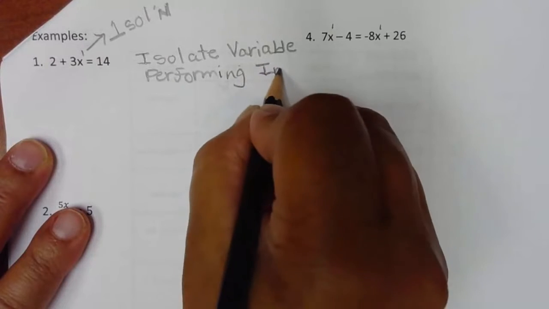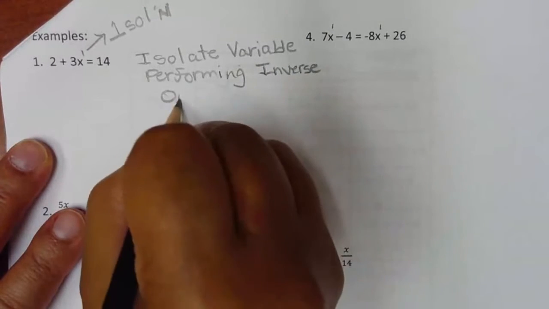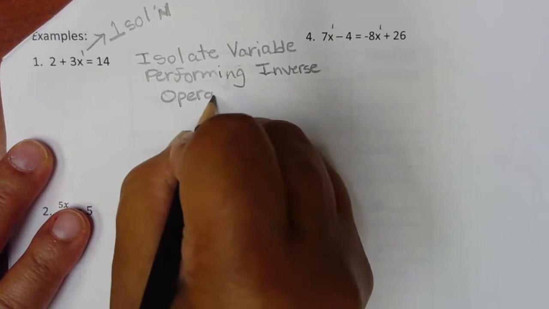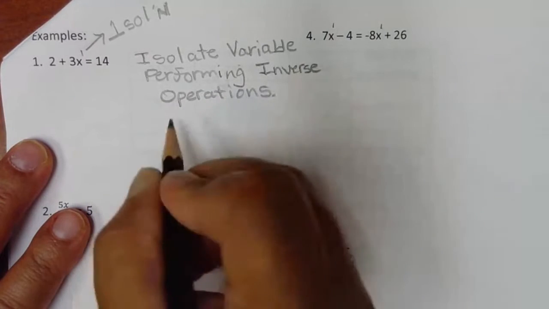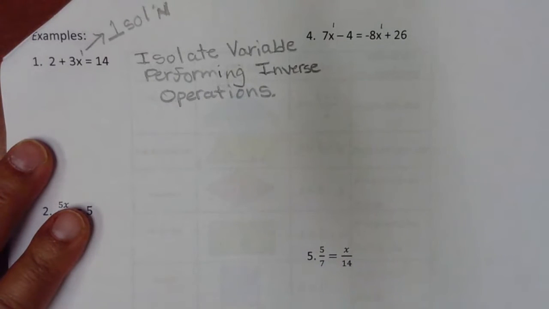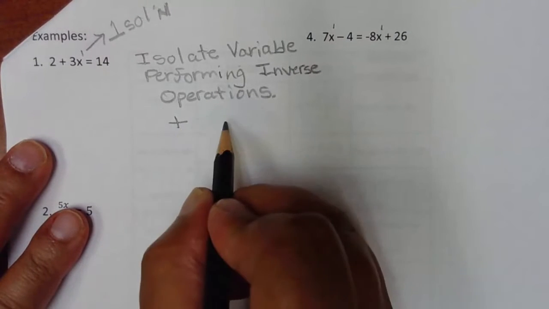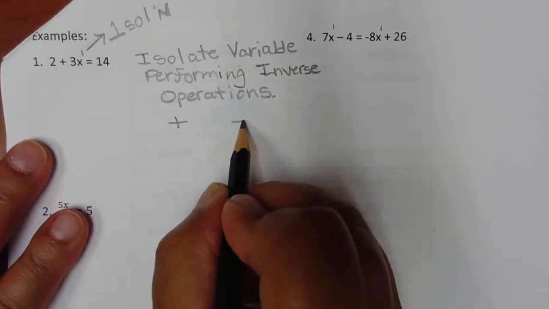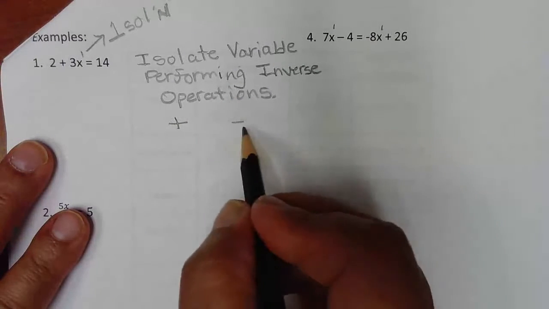And I'll tell you what I mean by that. Okay, if you don't know what inverse means, it means opposite operation of. Like for instance, if you see a plus sign, the opposite of that would be minus. If you see a minus, the opposite of that would be plus. So these are said to be inverse